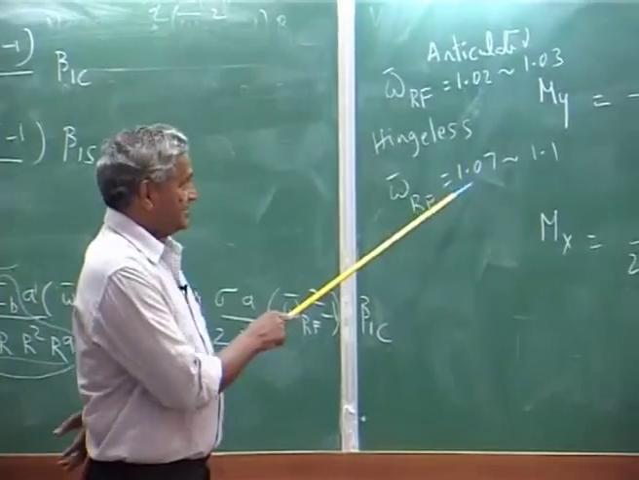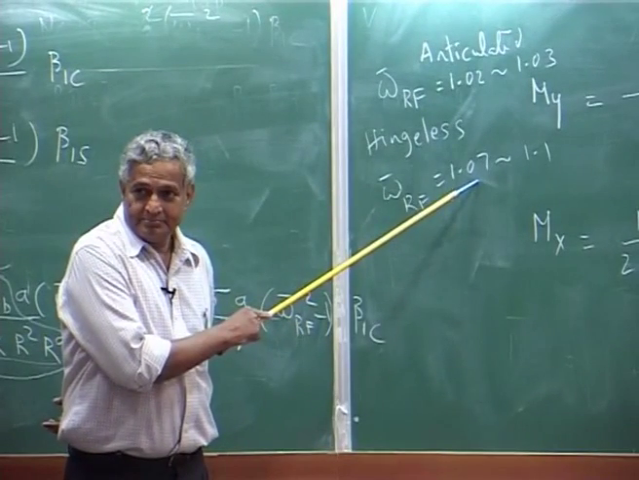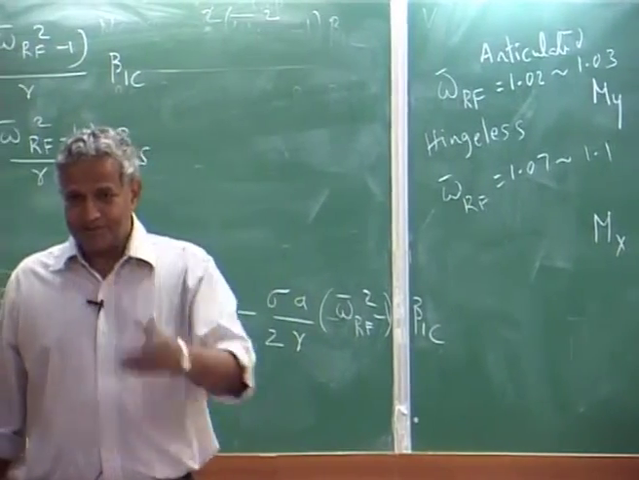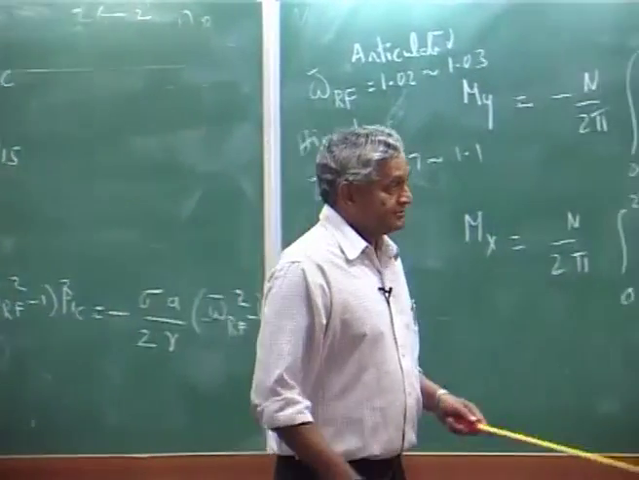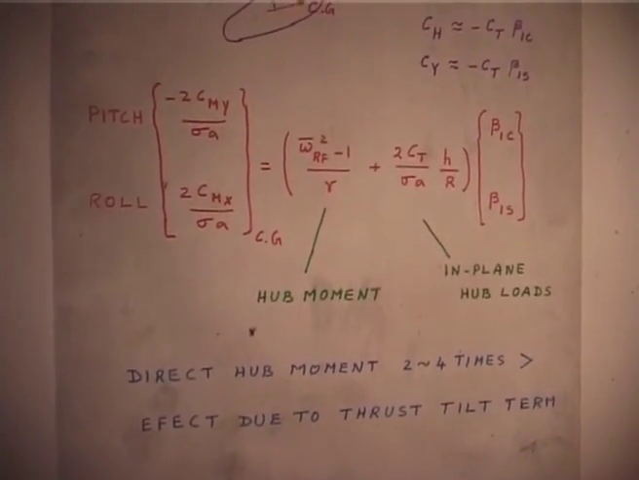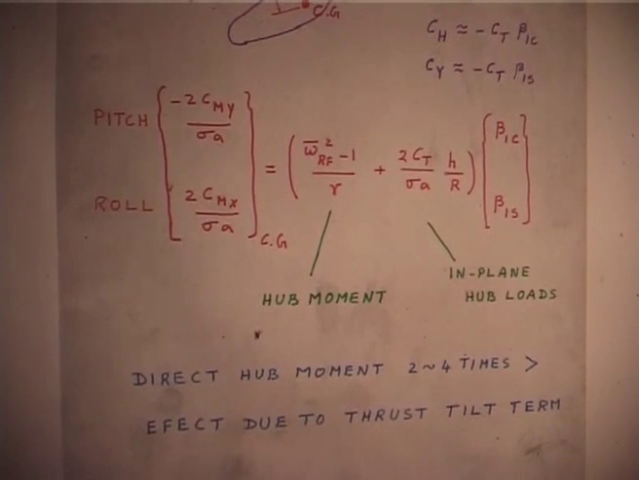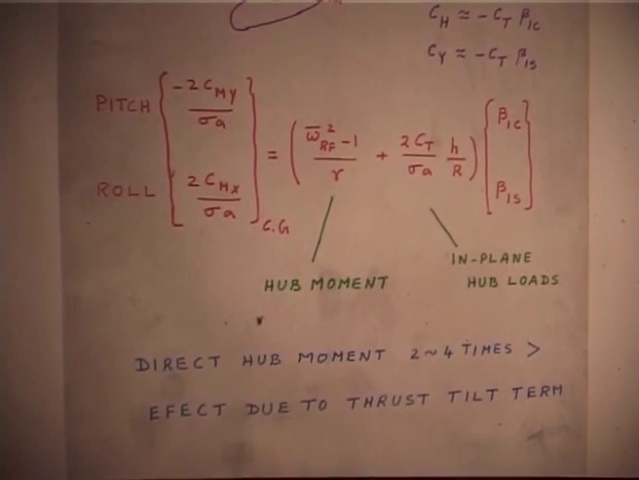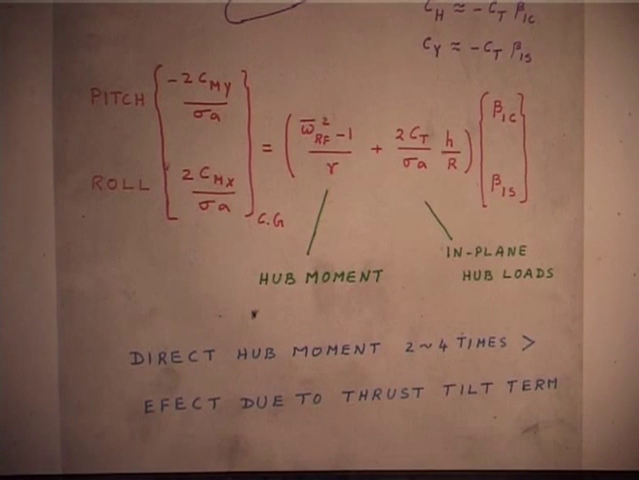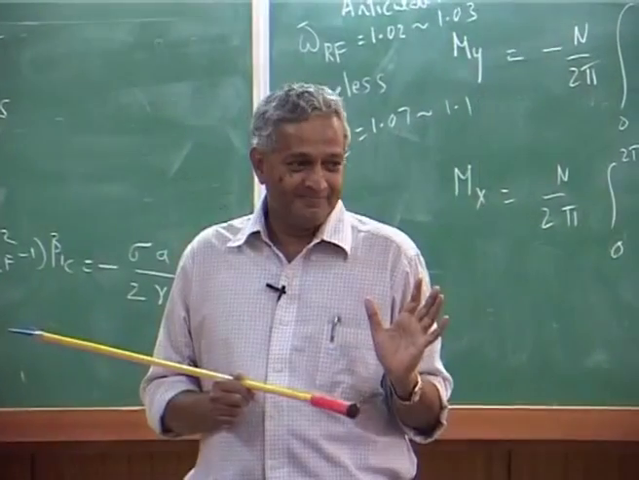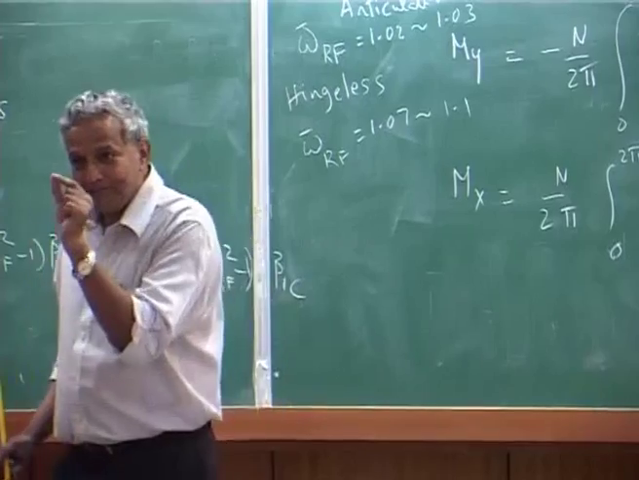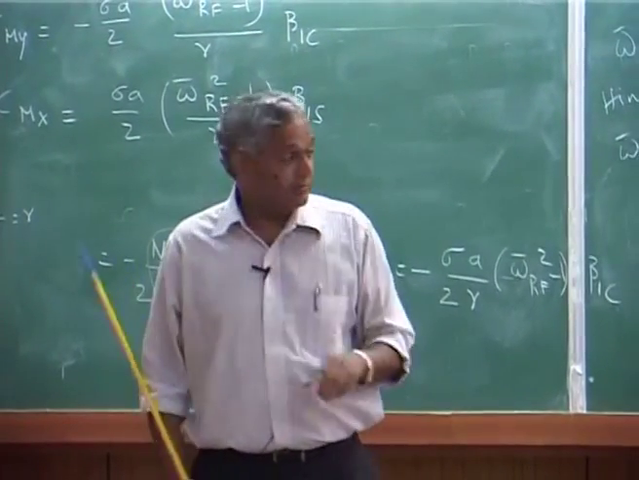Because if I square it, 1.07 becomes what, 1.14, approximately. You subtract 1, that means 1 is gone, the leading term is gone. So what is left is only 0.14. So whether it is 1.15, 1.05, 1.07, that 1 is not dominant now. So even if you change your flap frequency a little bit, your hub load is changed